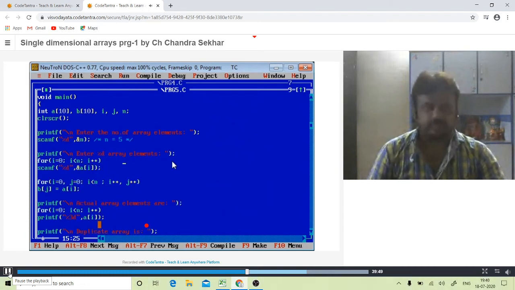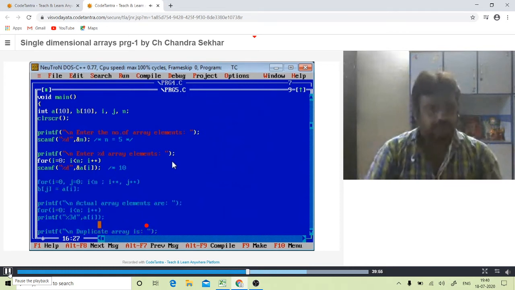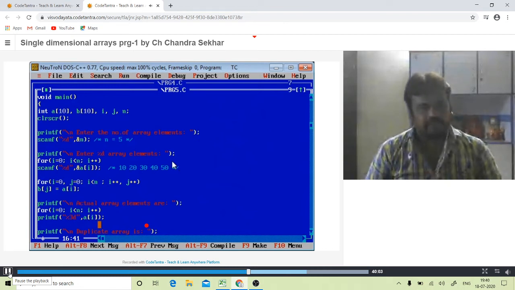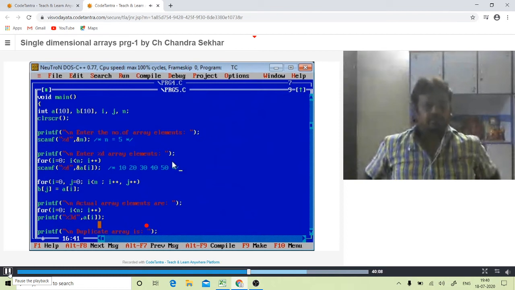It asks to enter 5 array elements. Those 5 array elements are like 10, 20, 30, 40 and 50. So I'm storing 5 array elements. By default, 10 is stored at A of 0, 20 at A of 1, 30 at A of 2, 40 at A of 3, and 50 stored at A of 4. Okay, up to this is input.